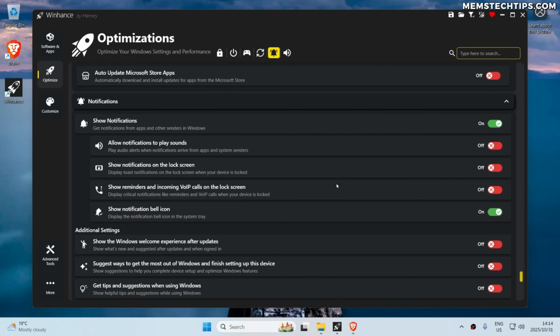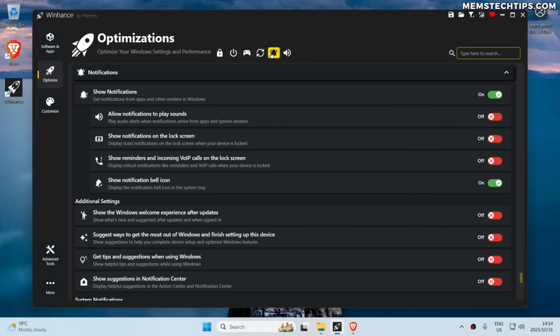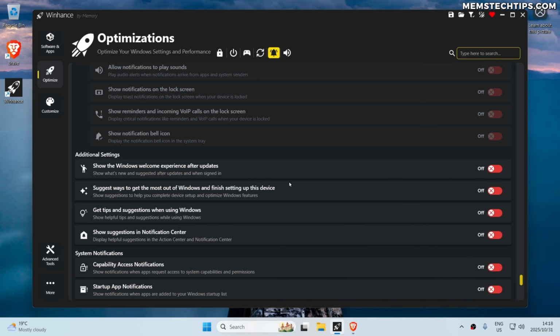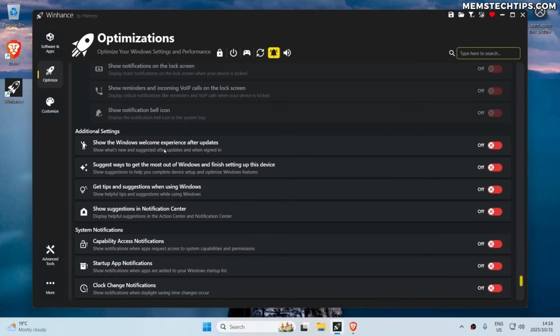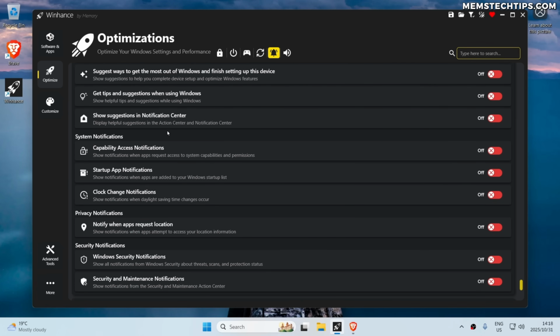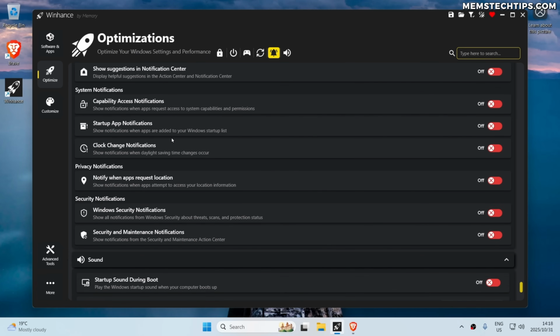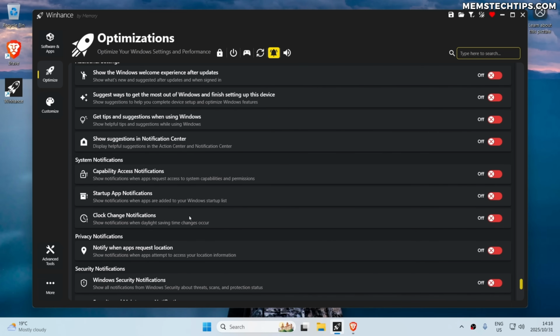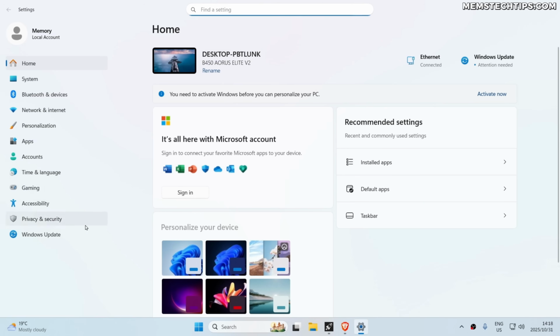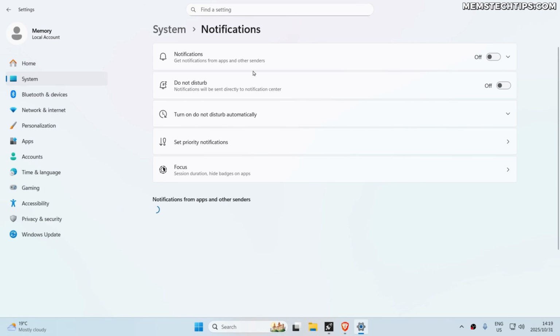Now let's move on to the notifications section. So in the notifications feature, you can control the notifications. You can turn all of these off, disable the notifications completely. And then you've got some additional settings here, which is related to notifications, system notifications, privacy notifications, and then Windows security notifications. So if we navigate to the settings in Windows and we navigate to system and then notifications, you'll